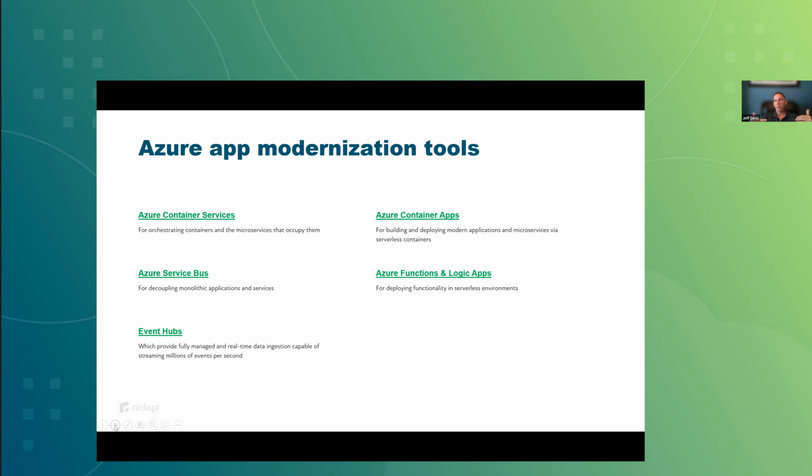Another component would be event hubs. The event hubs come into play when you need to aggregate and analyze data from a variety of sources. These could be your IoT devices, or it could be just multiple applications that are hosted in different environments. The event hub is a data ingester, so it will allow you to pull in and aggregate data at very, very high volumes across multiple sources.